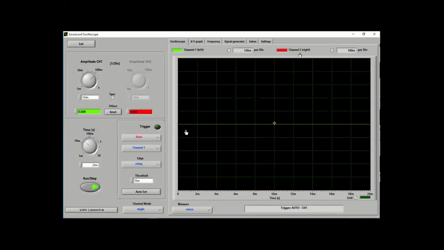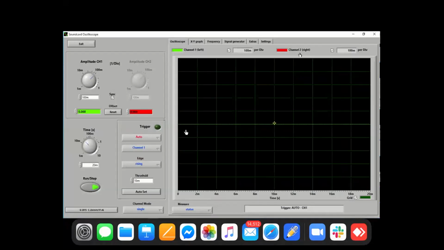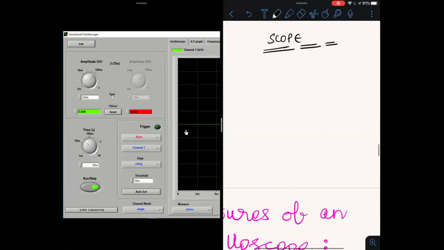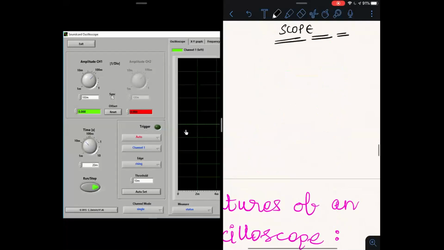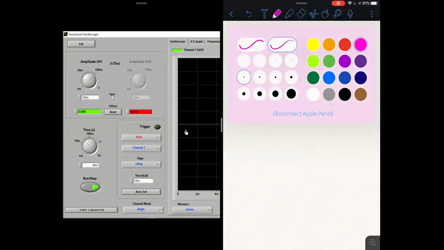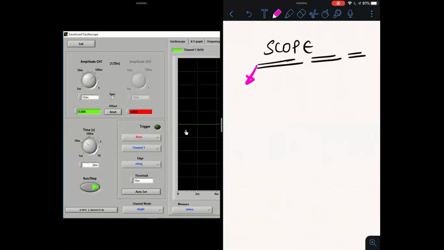In today's session, in our oscilloscope, we will try to measure the signal that is produced from our laptop, and for this we will be doing this setting. These are the steps that we will follow now. In this software we will set the input parameter to inbuilt speaker.